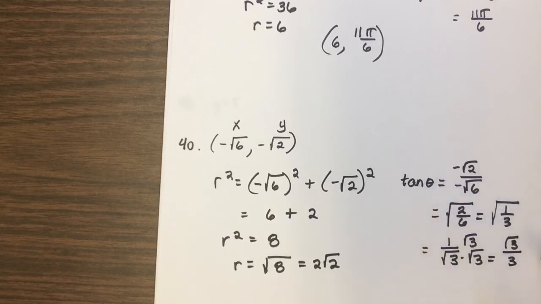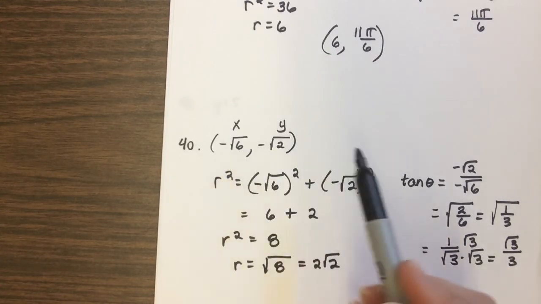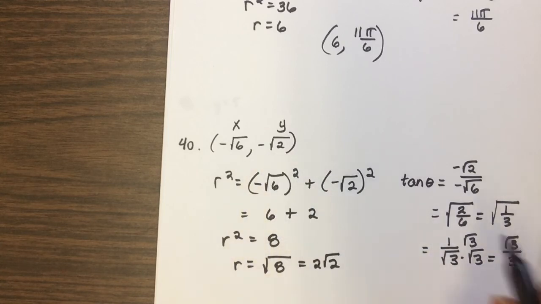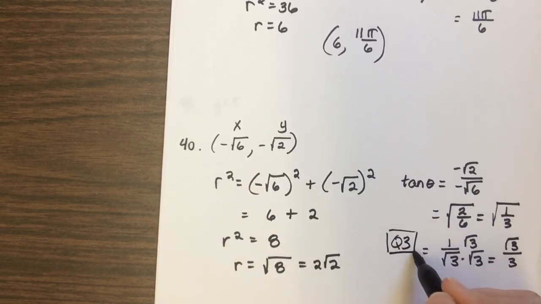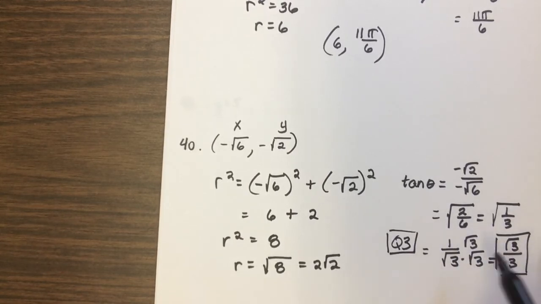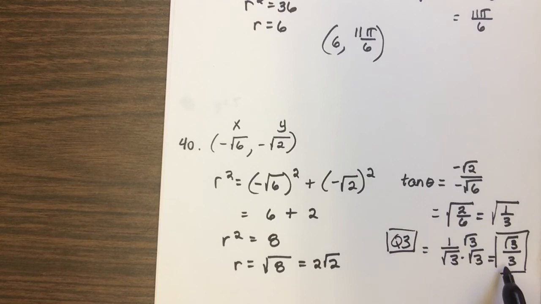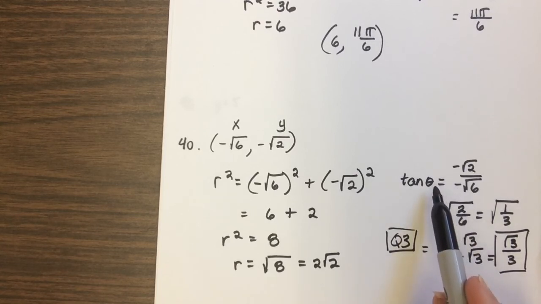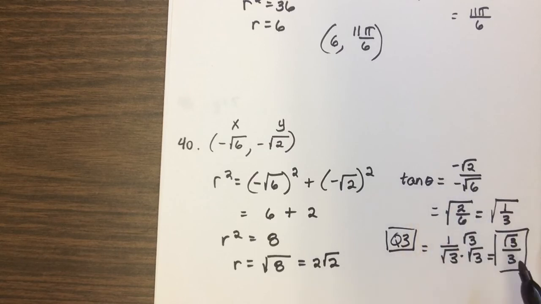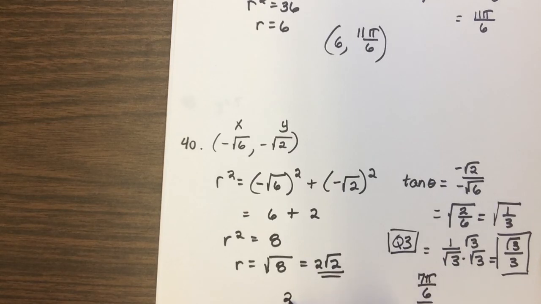So my theta, my reference angle at least, is going to be 30 degrees. Now what quadrant is this in? Think about that. If I go to the left and down, that's quadrant 3. So you know this was positive, so it had to come out of quadrant 1 or 3, but you've got to be careful to get the quadrant right so you can get the angle right. In this case, if my reference angle is 30 degrees out of quadrant 3, that would be 180 plus 30 degrees, or 210 degrees, or we would say 7 pi over 6, however you want to write that. So there's my r, there's my theta, so my polar coordinates are 2 square root 2